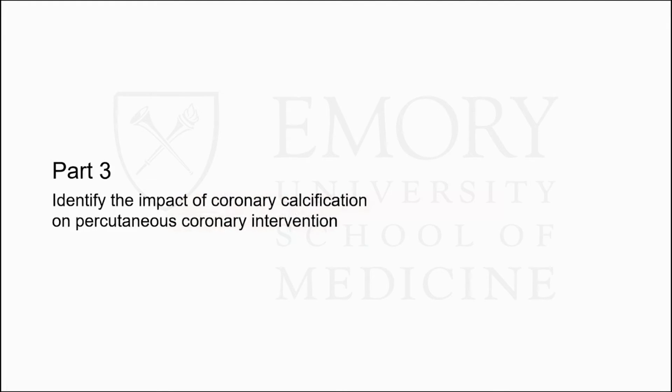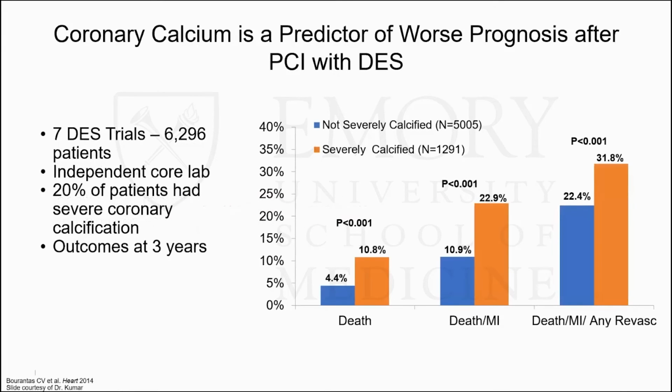So part 3 of my talk is to identify the impact of coronary calcification on PCI. Coronary calcium is a predictor of worse prognosis after PCI with drug-eluting stent. This is a meta-analysis of 7 trials with a little over 6,000 patients. 20% of them had severe calcification. They showed the outcomes at 3 years, and patients with severe calcification had a high risk of death, MI, and